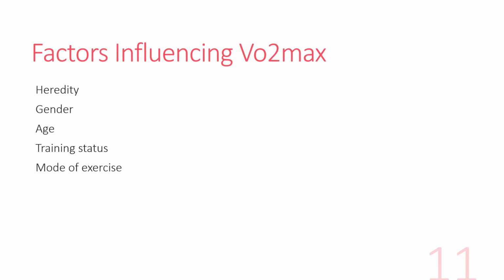So what factors are going to influence our VO2max? Make sure you pause this throughout and get all of these numbers down as I run through this information. So heredity can account for 25 to 50% of your VO2max. Gender, so males generally have 15 to 20% higher VO2max levels in comparison to our females. Age,